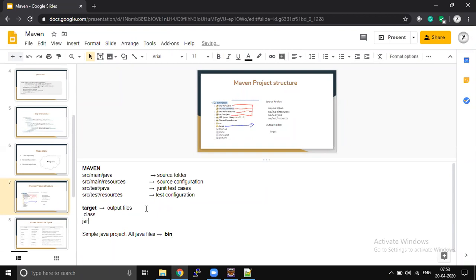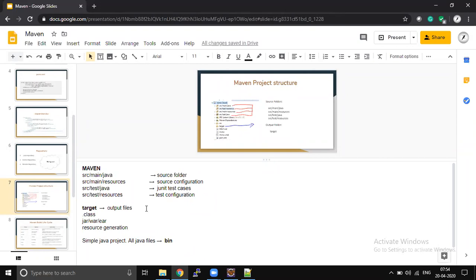If you are creating a jar file or war file, that jar file or war file is going to be present inside this target folder. And if you generate any Java files from XSD, those also will be present inside the target folder. Converting or generating Java files from XSD, we usually call resource generation. If you do any resource generation, those resources also will be present inside target.